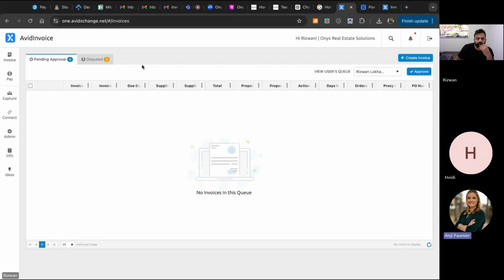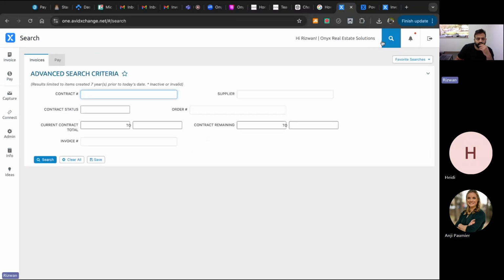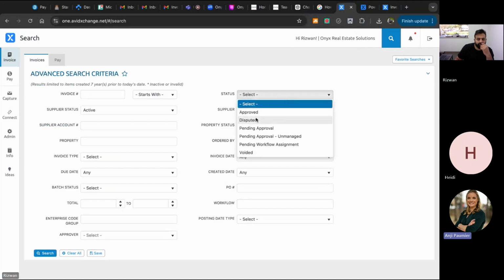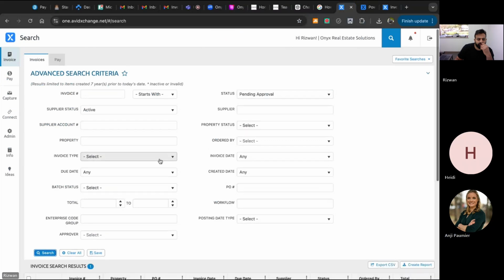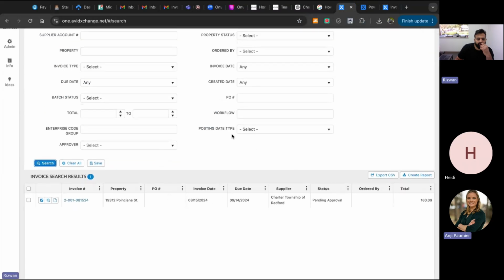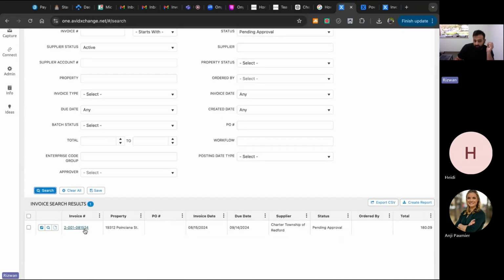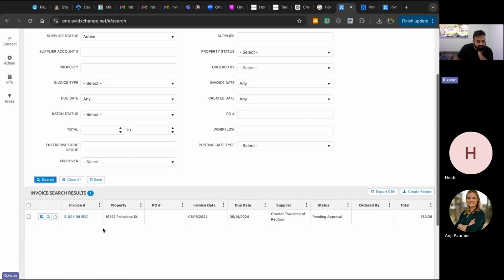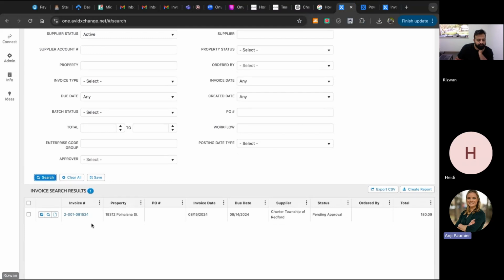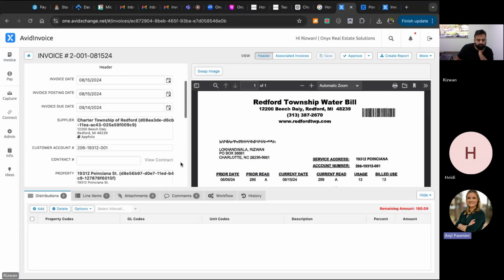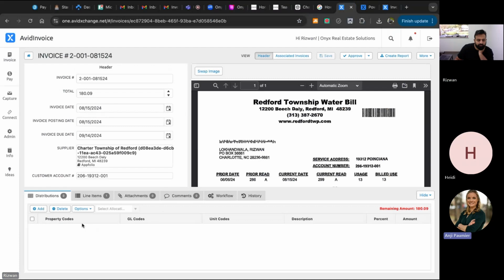If we go up to that search, then on that invoice we can select pending approval and see where it's at. Okay, that's the one. So to import this into AppFolio, what do we do next? We've got to get that one all the way fully approved. If we click into it, we can look at what workflow it's in. If we click on that workflow tab at the bottom,